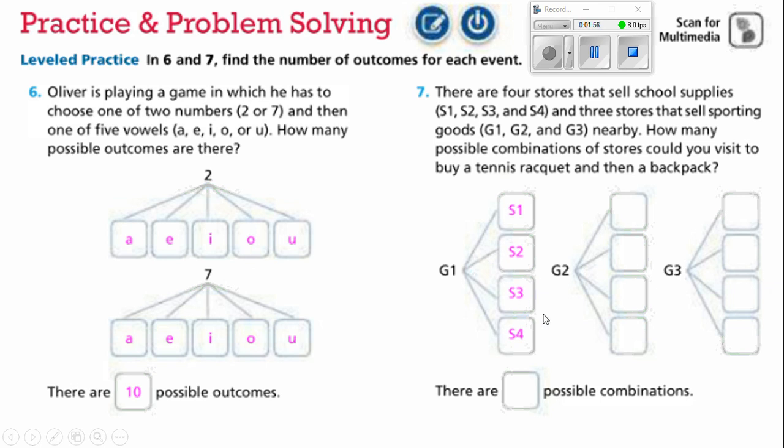Because each of these could be one of the stores. After going to sporting store number 1, any one of those 4 school supply stores, we could go there. Or the same with going after sporting goods store number 2 or sporting goods store number 3. That makes 3 times 4, and that's 12 possible